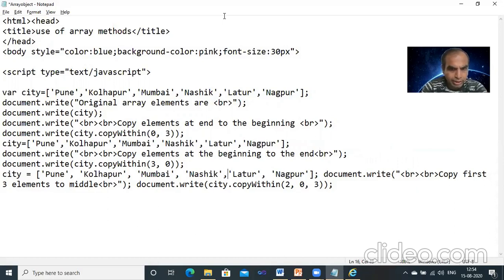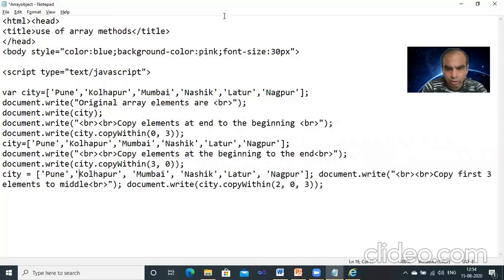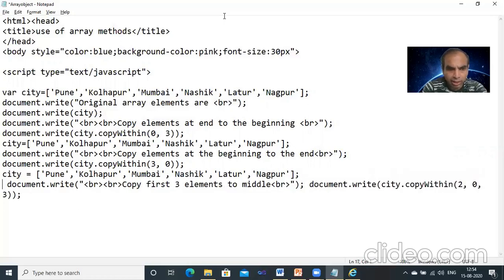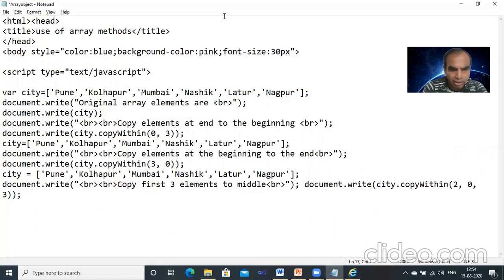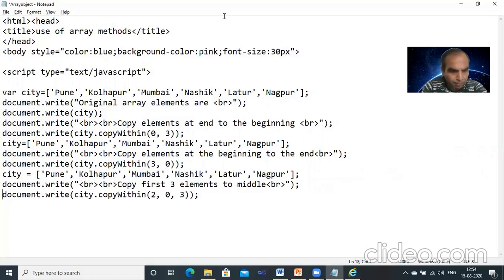After that they copy within particular element indexes, copying the first 3 elements to the middle. So they write document.write copyWithin(2, 0, 3). That means start from index 2 and take 3 elements. So they copy the first 3 elements to the middle.